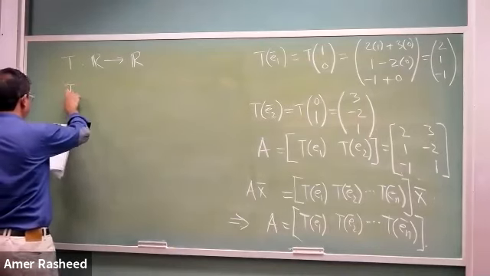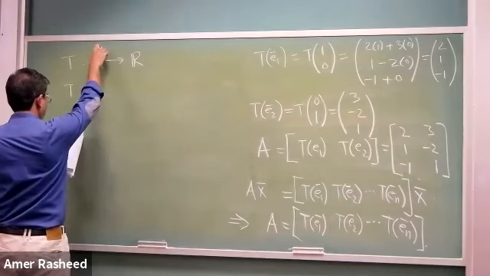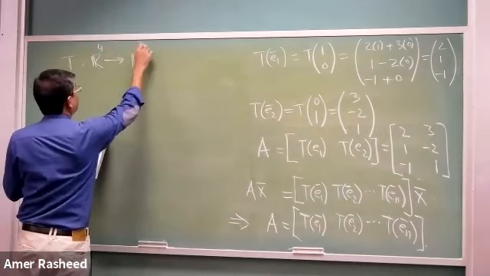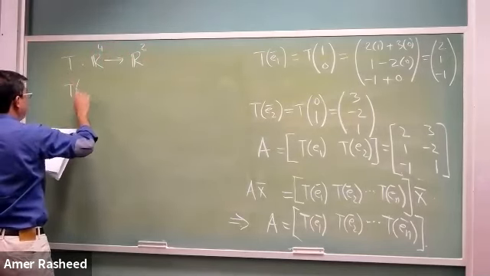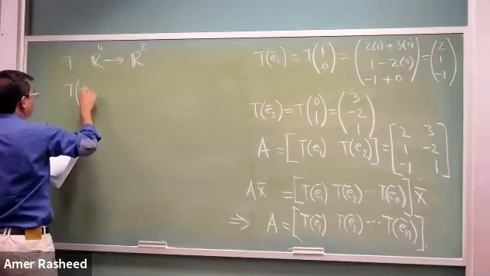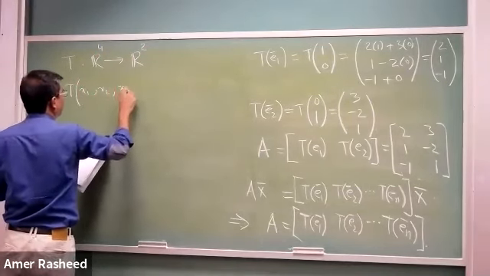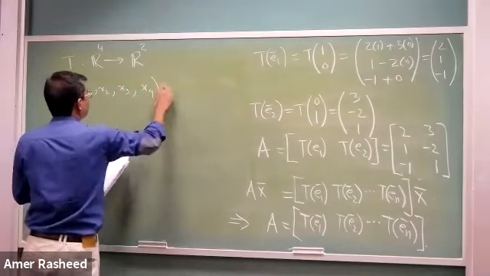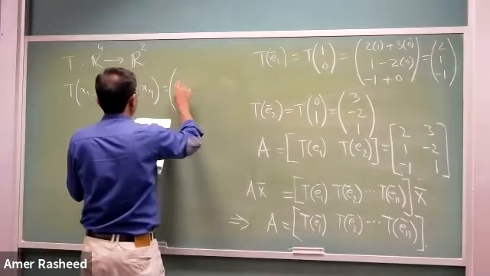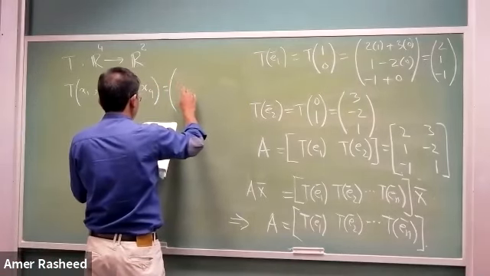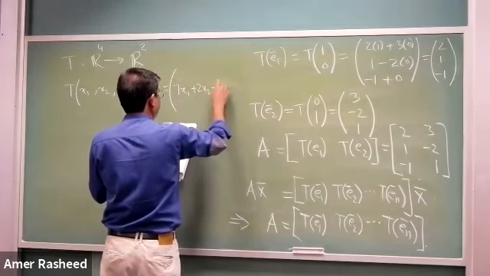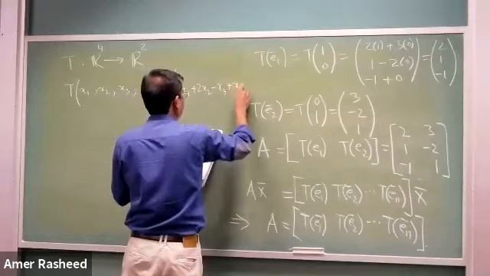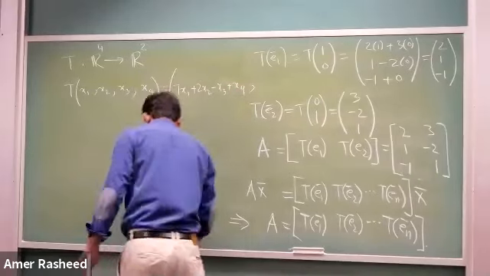T is defined from R4 to R2, such that T of x1, x2, x3, x4 is equal to 7x1 plus 2x2 minus x3 plus x4, comma,